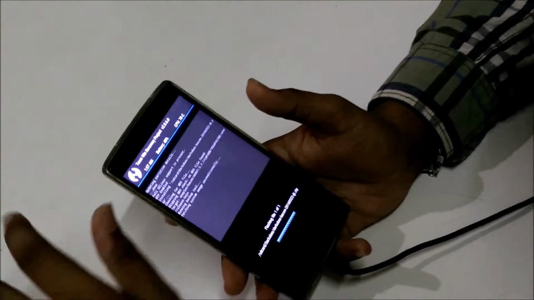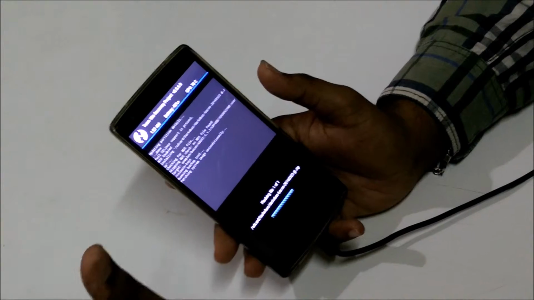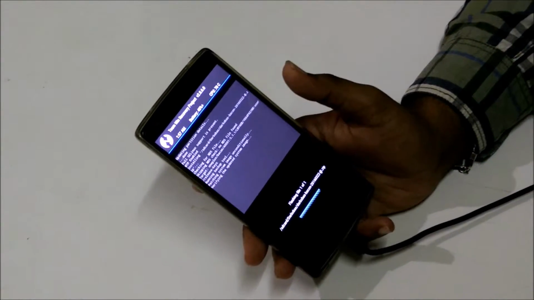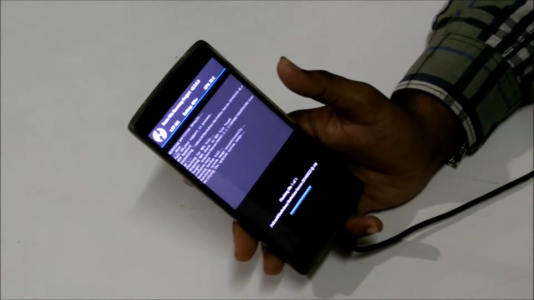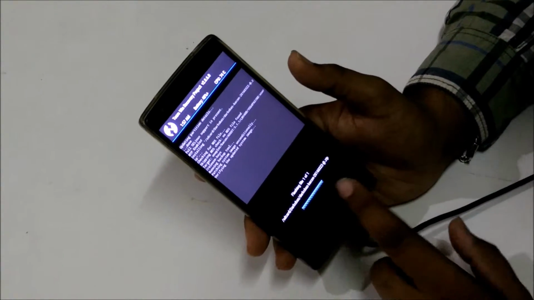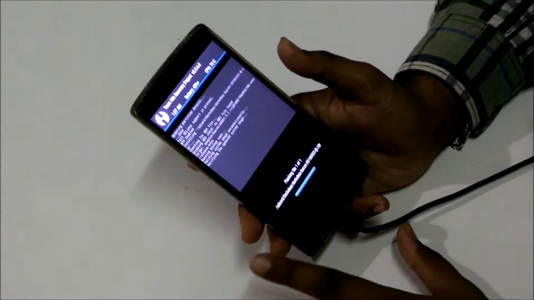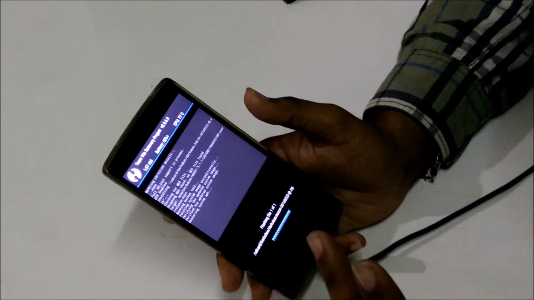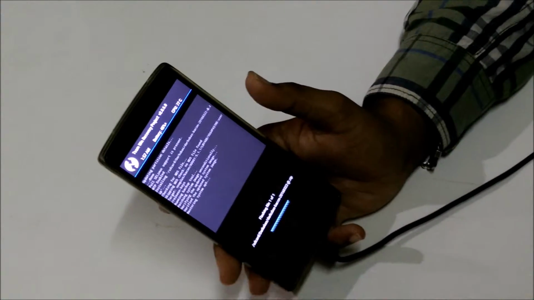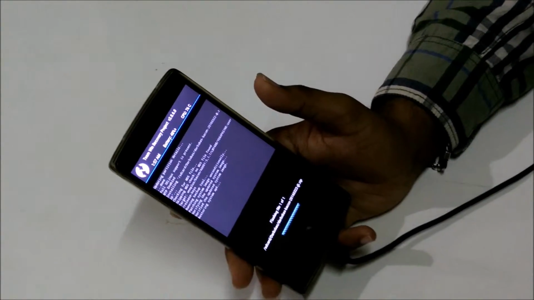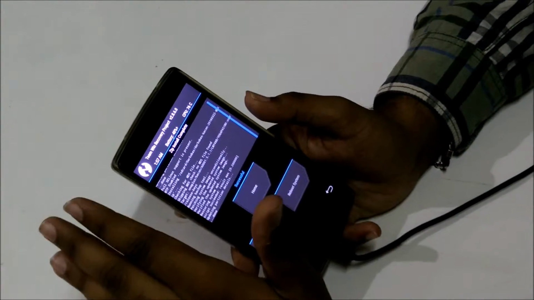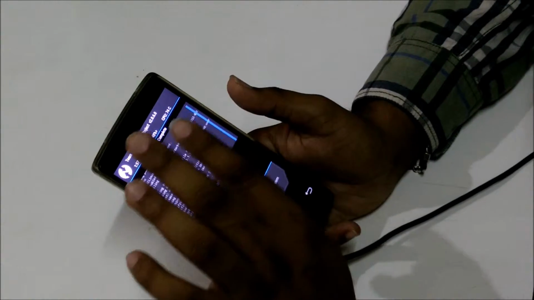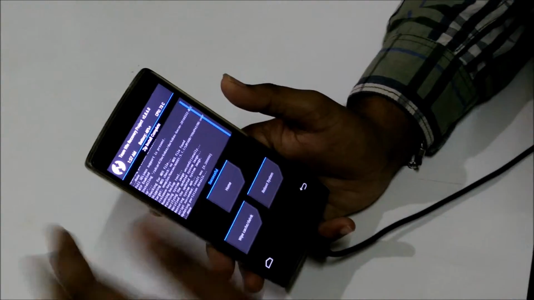Dirty flashing means you can just use your ROM and directly flash it without clearing your data and without installing GApps, nothing else. All you need to do is just swipe your regular ROM or ROM update and flash it. That is dirty flashing. And clean flash means you need to delete your data, you need to install clean GApps again, you need to install your kernel if you want, and you need to install your ROM also. That is the main idea of clean flash and dirty flash. Currently while on boot loop, it's okay if we do dirty flashing.